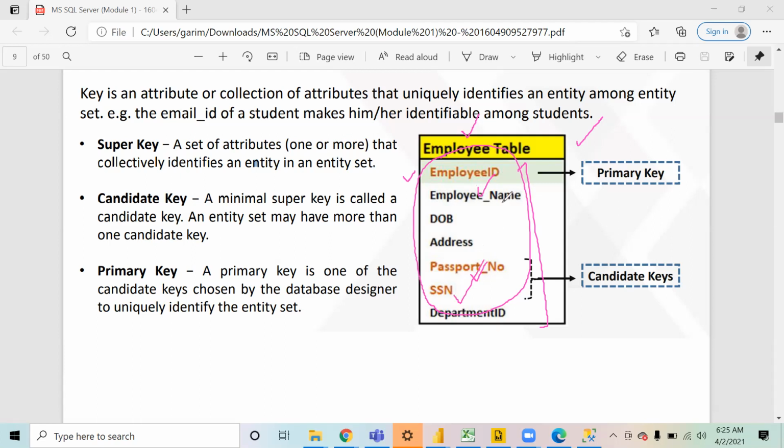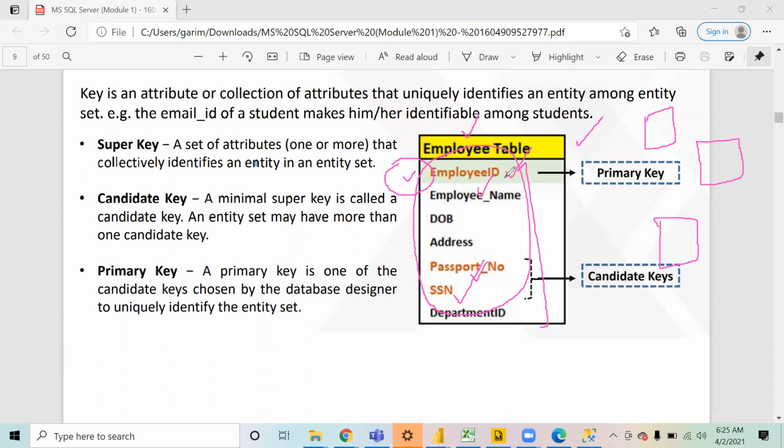So what I will do now is assign one of them as the primary key in my table. When I pick a column as a primary key, it is on the understanding that that column will be used in other tables also. Employee ID is a reference or an identification of an employee, so employee ID will come in multiple tables: the salary table, the HR table, the transportation table. Based on that understanding, I will define employee ID, the most commonly used column, as the primary key.